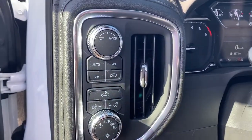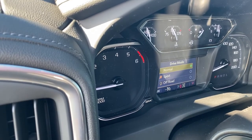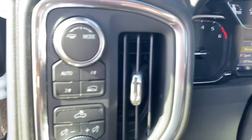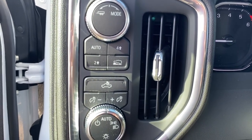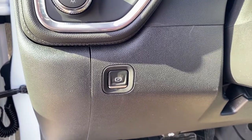To the left of the steering wheel is trailer mode. By turning that dial to the right, we have various drive modes appear on the dash. Two-wheel drive, four-wheel drive, some lighting controls and dials with a park brake just below, all-weather floor mats on the